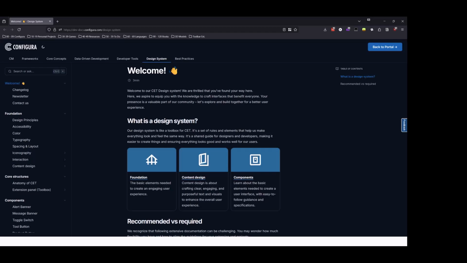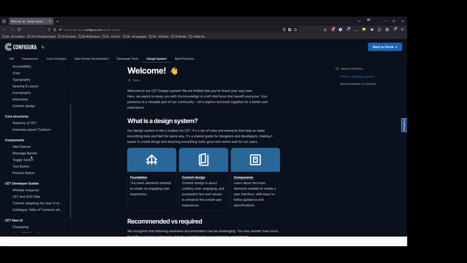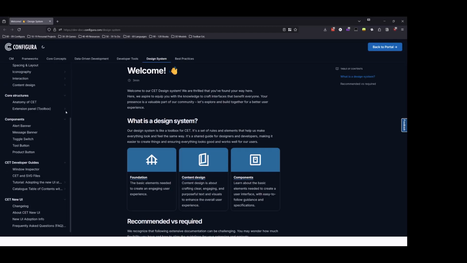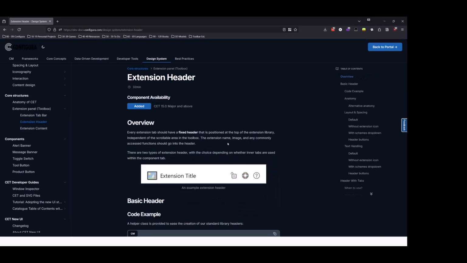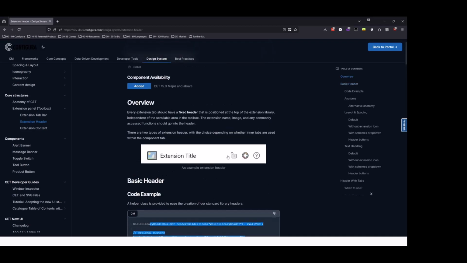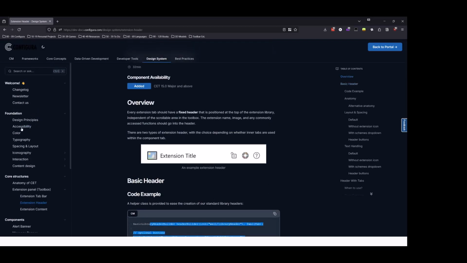Right, we have put this together just to outline everything for developers, catalog content specialists, and extension owners, so they can have a complete idea of what Configura expects and provides in terms of UI and UX and how to create your extension. It includes everything from super specific core structures, such as a header and how to implement it and what it's called,